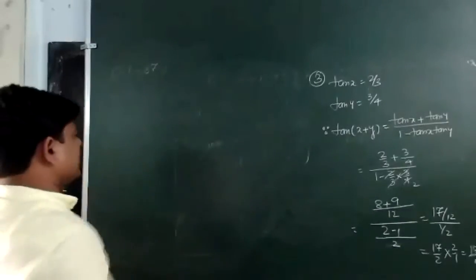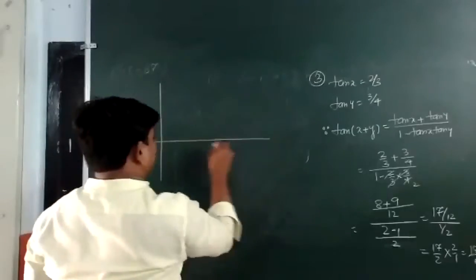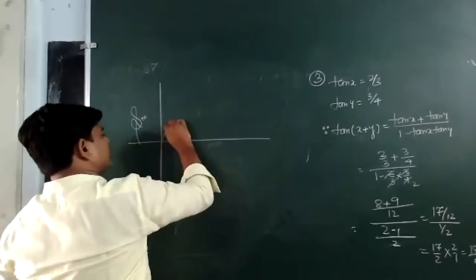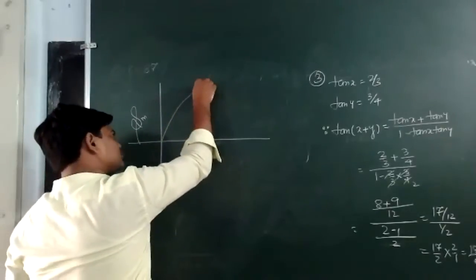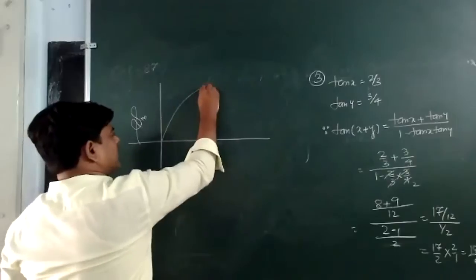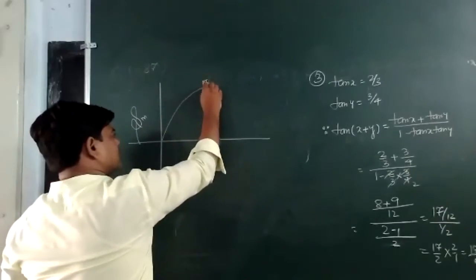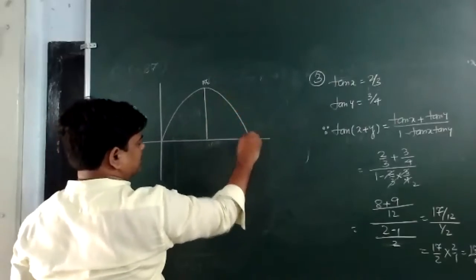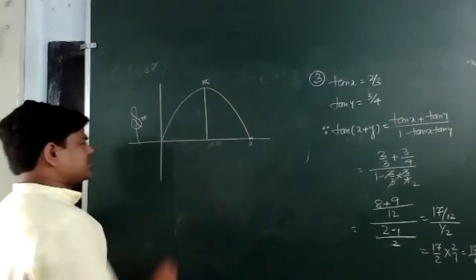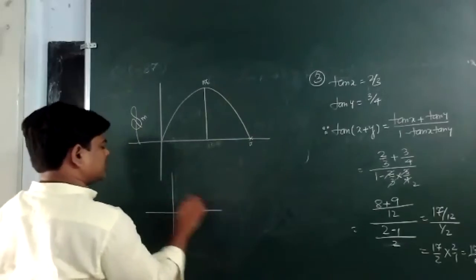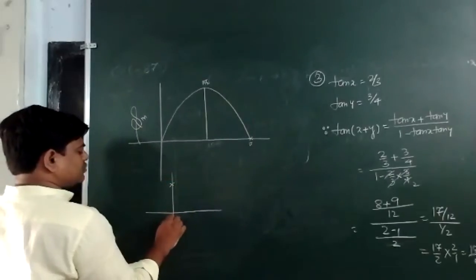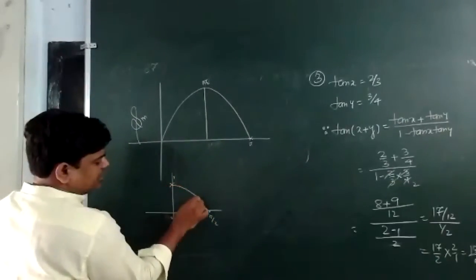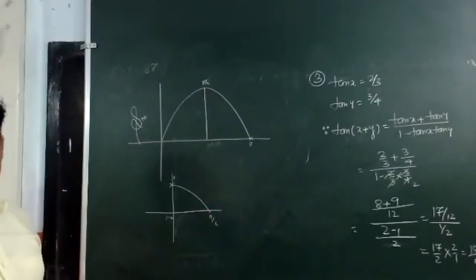For an acute angle, the graph was plotted like that for sin x. It was increasing until pi by 2, then after pi by 2 it goes down, and at pi it is coming up. But for cos x, it started at x equal to 0 with value 1, and then at pi by 2 it is 0. It is decreasing from 0 to pi.